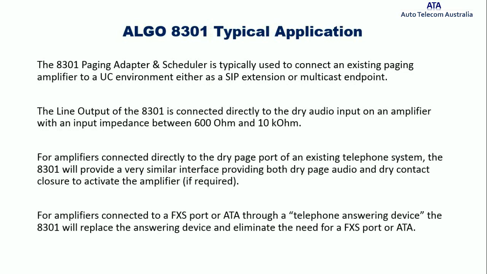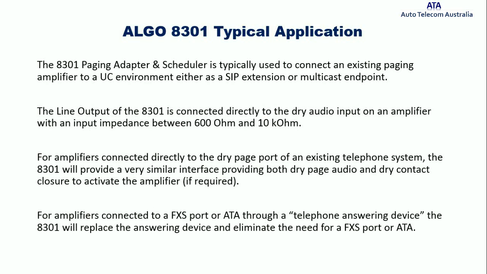The 8301 at its very basic level is typically just used to connect an existing paging amplifier to a new voice over IP environment. So if you're putting in a new voice over IP solution to replace a traditional PABX or paging system and they have an analog paging system in place, the 8301 is used to interface the voice over IP through to your existing amplifier,